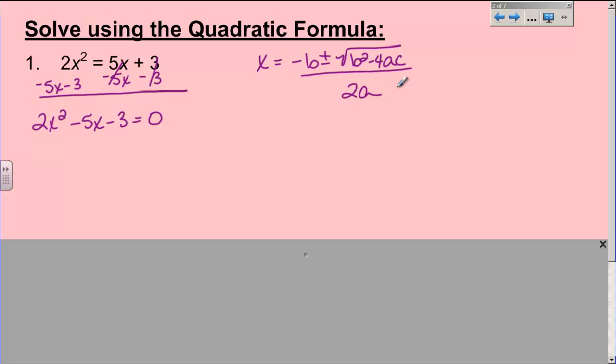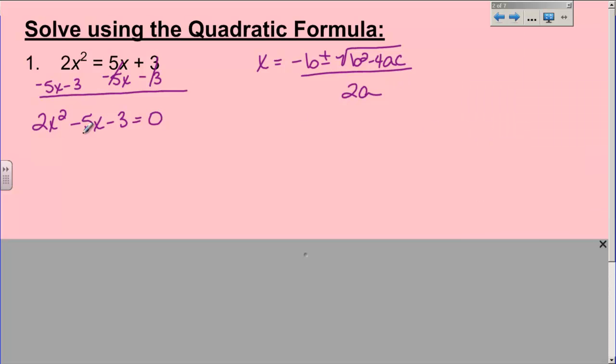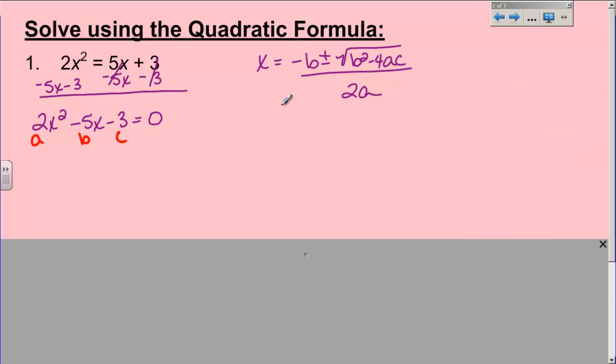And then the thing you have to remember when doing these problems is that the first coefficient is a, the second coefficient is b, and the third coefficient is c. And when you are plugging into the quadratic formula, make sure that you keep the signs with the coefficients. Otherwise, it will mess your whole problem up. So, x is going to equal